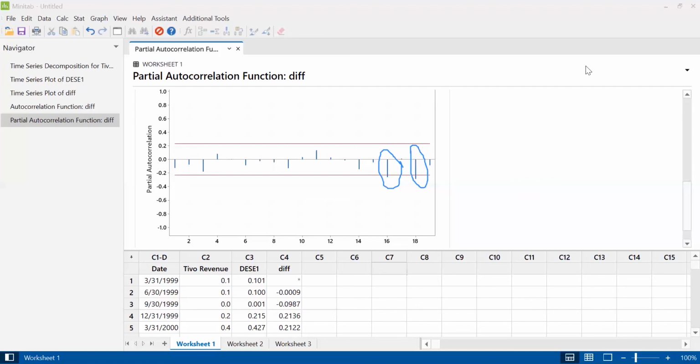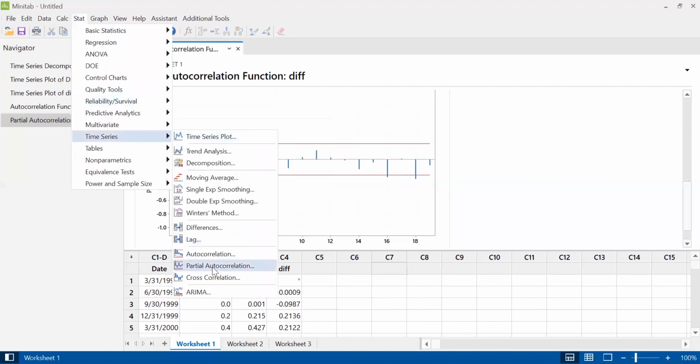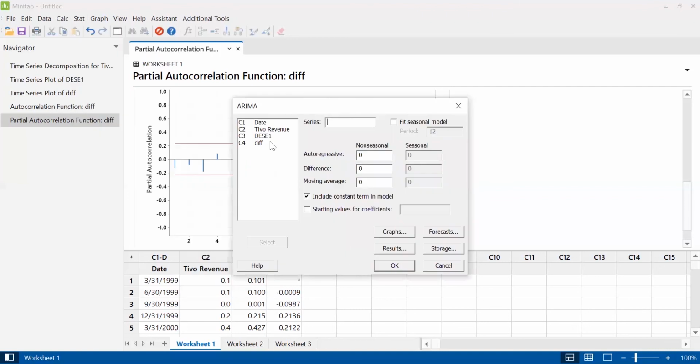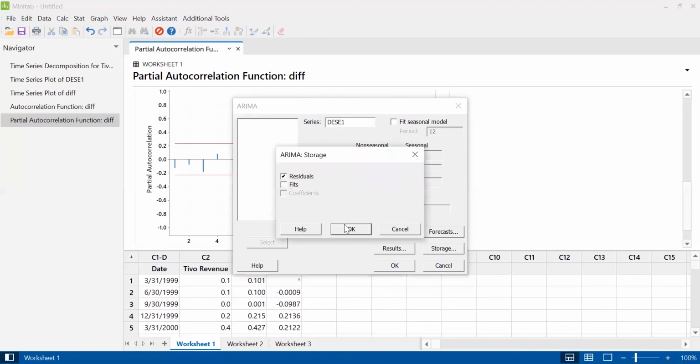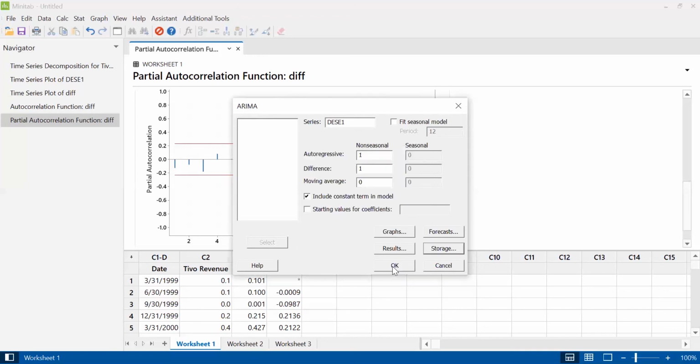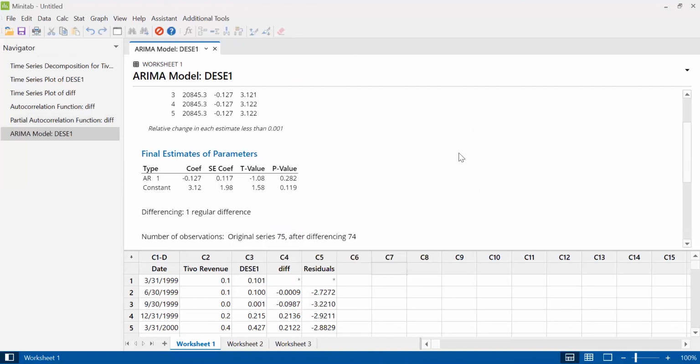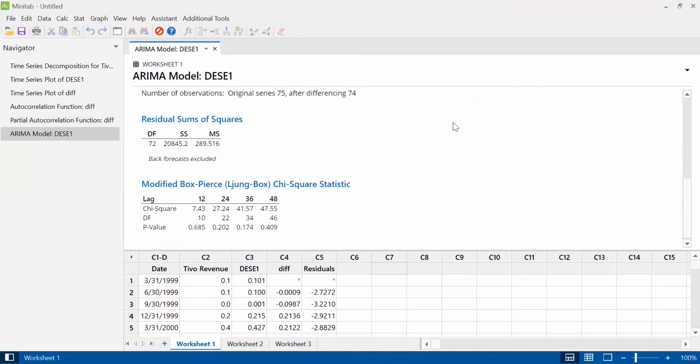So let's do that. So go to Stat, Time Series, ARIMA. The series will be the seasonally adjusted data. So we will put 1 for difference. And let's try AR1 first. So we put 1 for autoregressive. And let's get the residuals, since we're gonna check it. And that's all we need. Click OK. So this is ARIMA